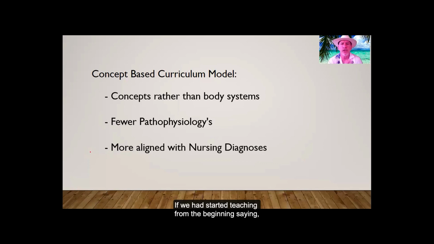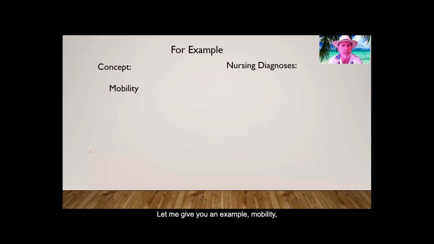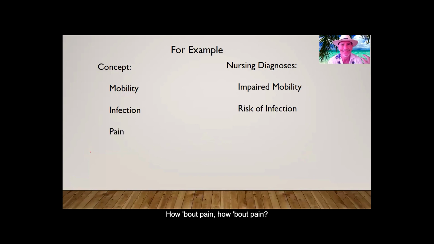You know, what if we'd have started teaching from the beginning saying, we're going to study perfusion, here's an example of altered perfusion, congestive heart failure. Now, when you get to your care plan, what are you going to put down? Well, he's having trouble with perfusion. So that's how the concepts are more in line with what we as nurses do. Let me give you an example. Mobility. What nursing diagnosis would go with the concept of mobility? Impaired mobility. How about infection? Risk of infection. How about pain? You can see the concepts we're using are very much in line with the nursing